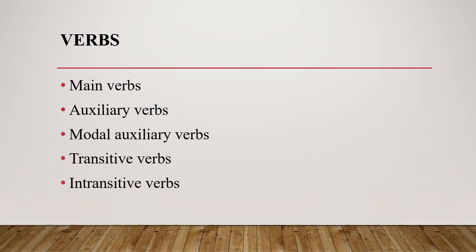Main verbs usually are the most important or essential verb in a sentence. For example, when you say he is tall, the verb is in this sentence is regarded as the main verb. But when you say he is standing up,